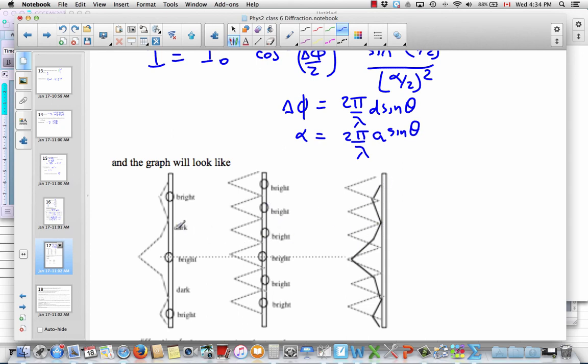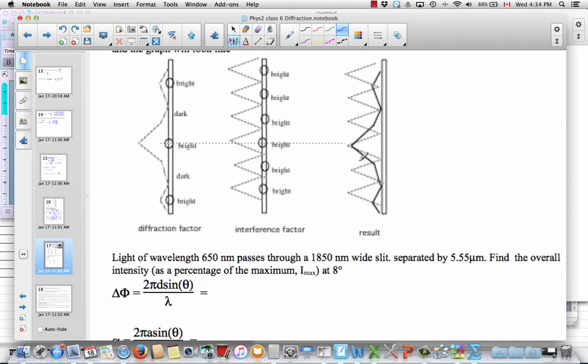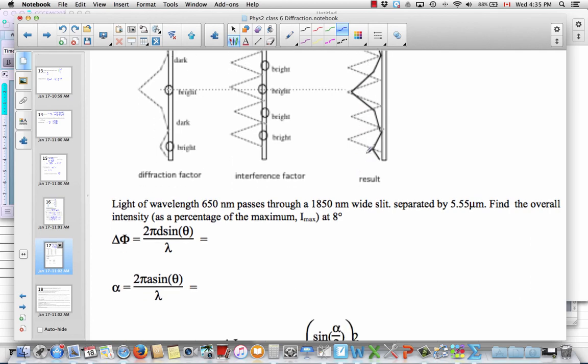And as we saw in some of our calculations, it means that there may be some peaks you expect to be in the two-slit pattern that aren't there anymore because they've been chopped down by this diffraction envelope. Now, we can do some calculations with that equation. These aren't the most intuitive things in the world, but let's just shine some light through a slit, and we know the slit width and the slit separation. So this is the width, this is the separation,